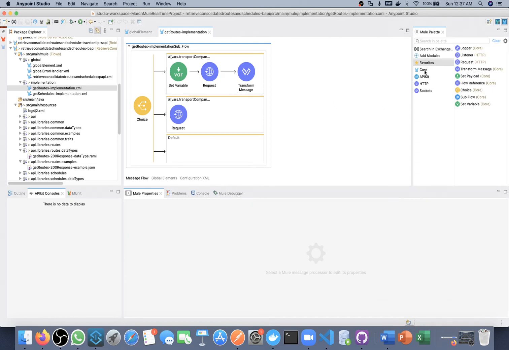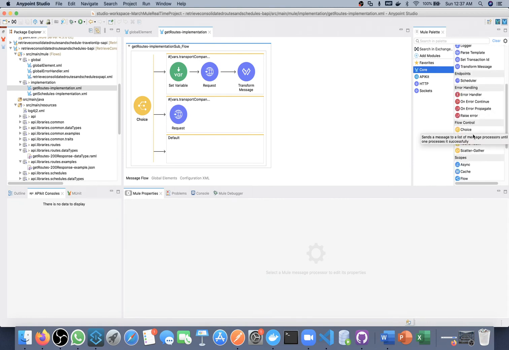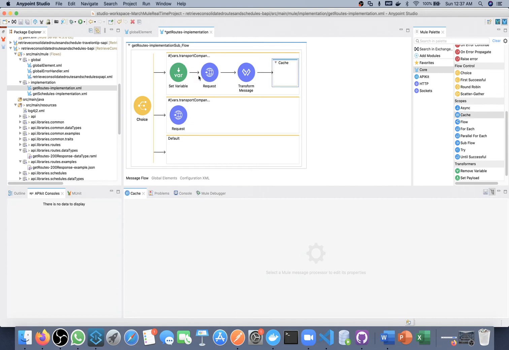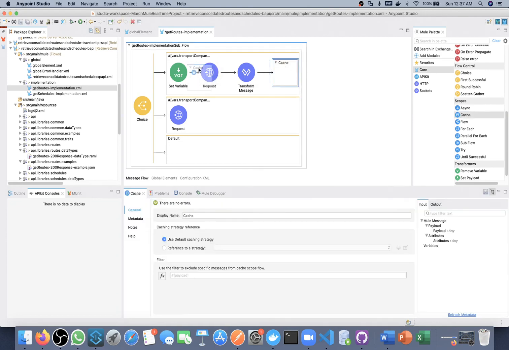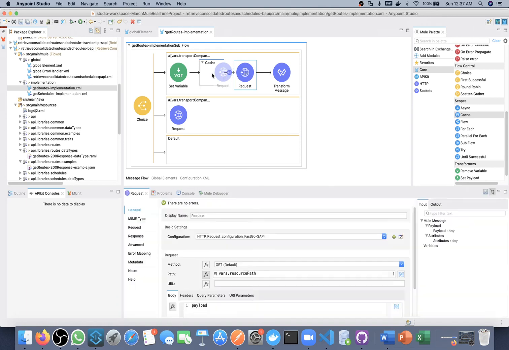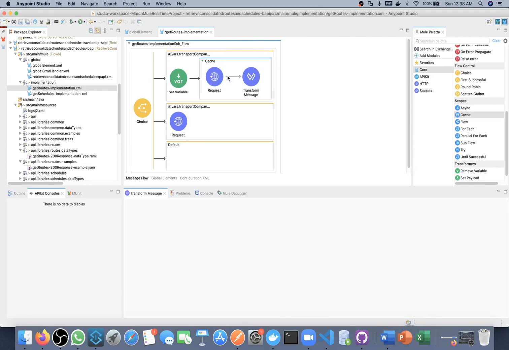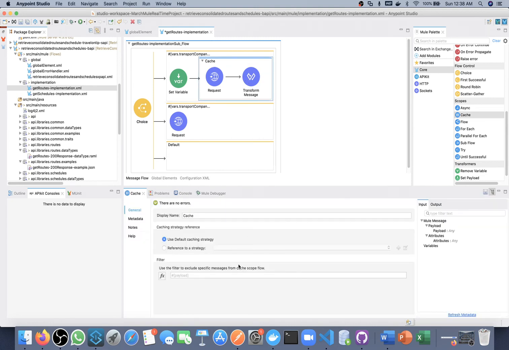Directly we can select the code component, we can select caching. We need caching at this place. Call this requester. And this transformation also we can keep inside caching only. Why? Since for the same request we will get the same payload and we will do the same transformation. So if I select this caching,